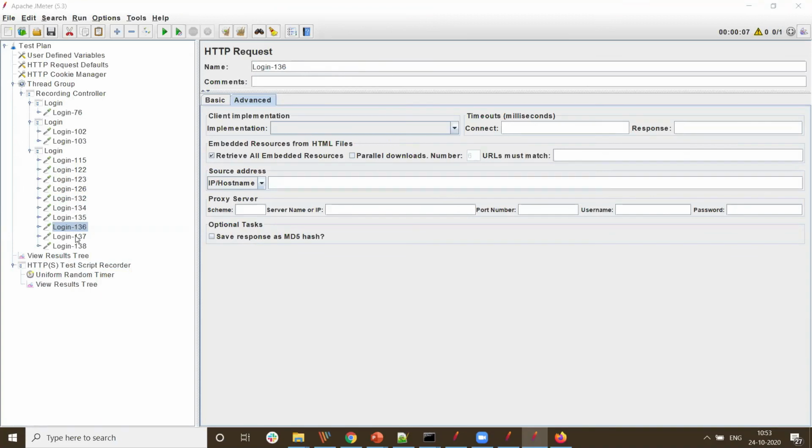And if it is checked, then the server will respond with all the other files like SVG, PNG, and other embedded resources. But there will be an impact on the response time. Yes, there will be. If you want to test real time, then by default it should be checked.